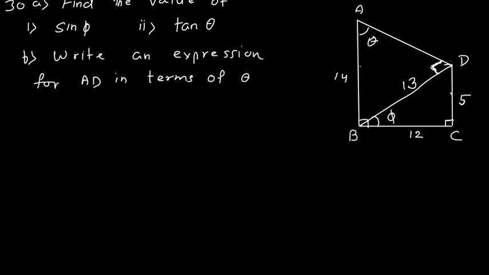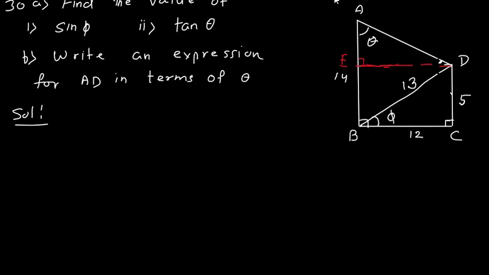Okay, as in the problem it is not mentioned that this angle is 90 degrees, so it is incorrect to assume this angle is 90 degrees. What we can do is some construction: we can draw one perpendicular from this point D to this side AB. So ABCD is there, and we can take point E, which is the foot of the perpendicular. Fine, so let us start the solution.